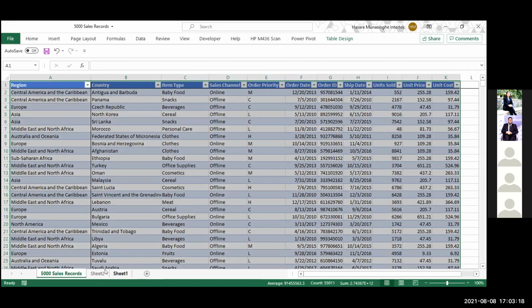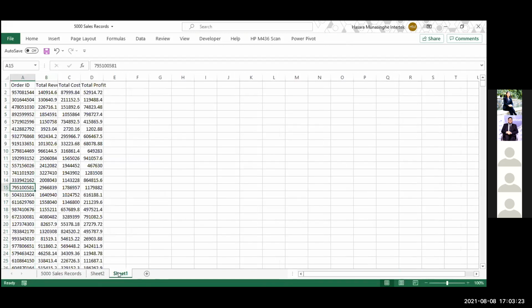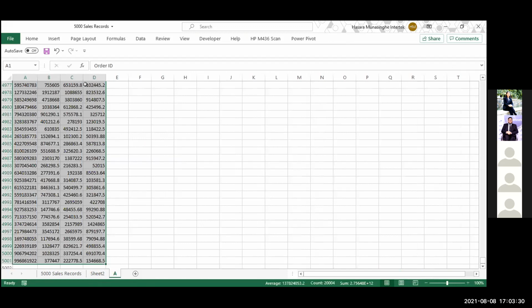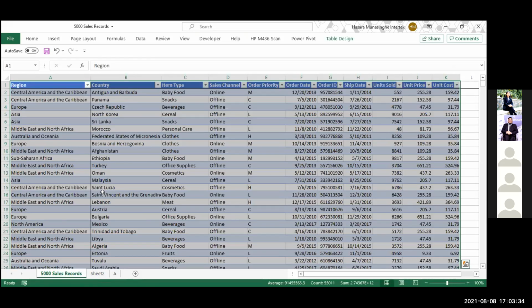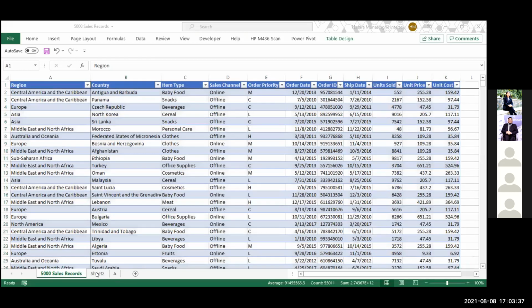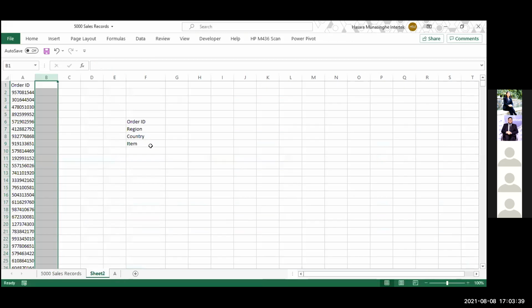Okay. And now I go to sheet 2 as well. I'm going to name this as A. And then I'm going to create another table because this is going to be useful. Now, what I asked you to do was to give me a little bit of a dynamic dash, not a dashboard. This is pretty useful when you are creating dashboards in professional